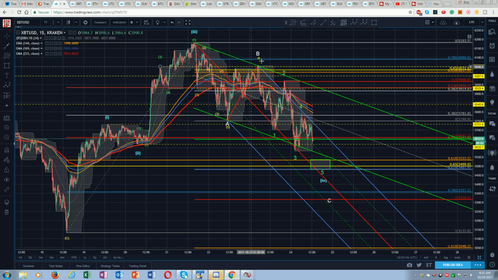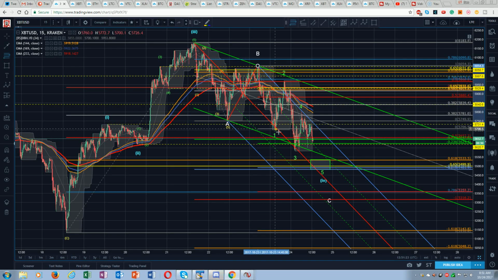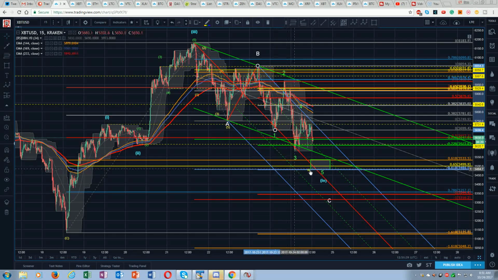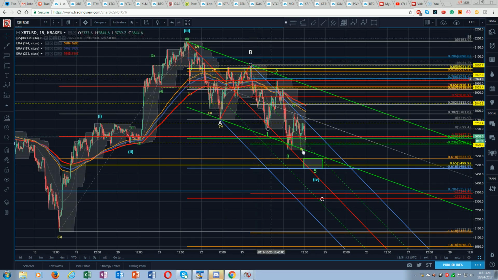Now, we've got to look at all of these swings. So if we do the same thing from our B high to our 2 high, then we see it went right to the 786. That gives us this fib target, which we've now hit. So we had this box forming up yesterday, and the negative 618 of that is lining up exactly with the negative 618 of the larger pull. So again we get this clustering idea.